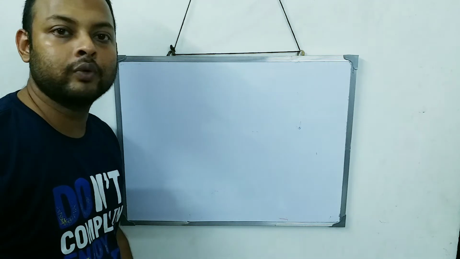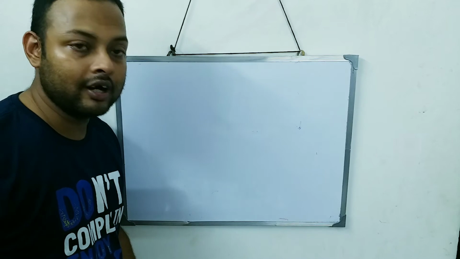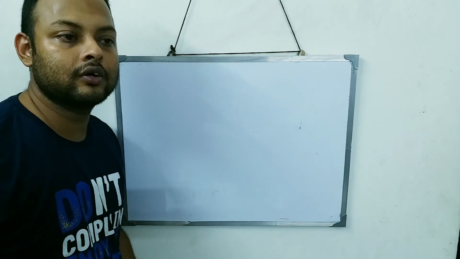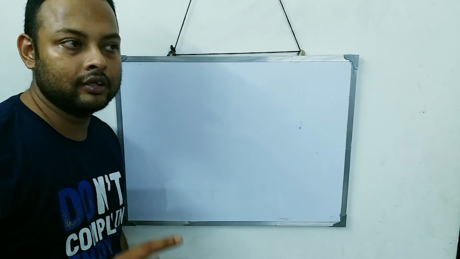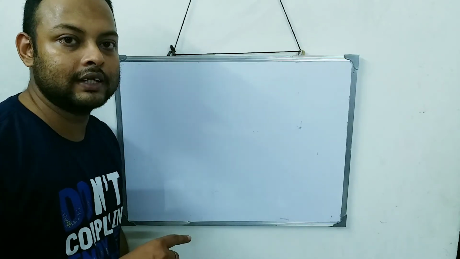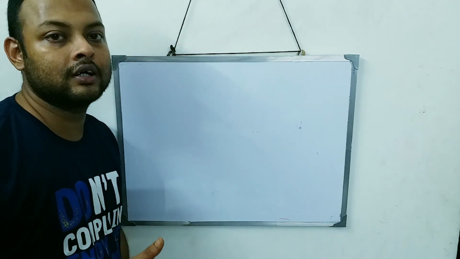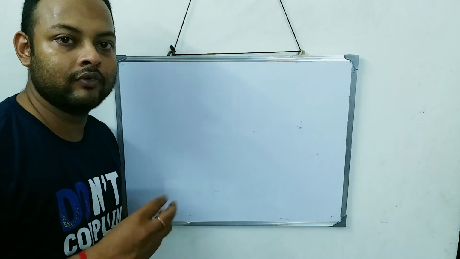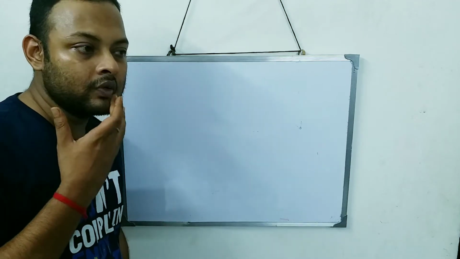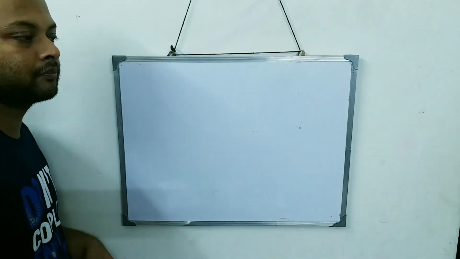Today we will continue with lecture 3 of this chapter, refraction through lens. If you have seen the previous videos, I think you got the idea that for the concave lens and for the convex lens, the rays can come in three ways: converging, parallel and diverging. So we'll take those concepts to understand today's part.